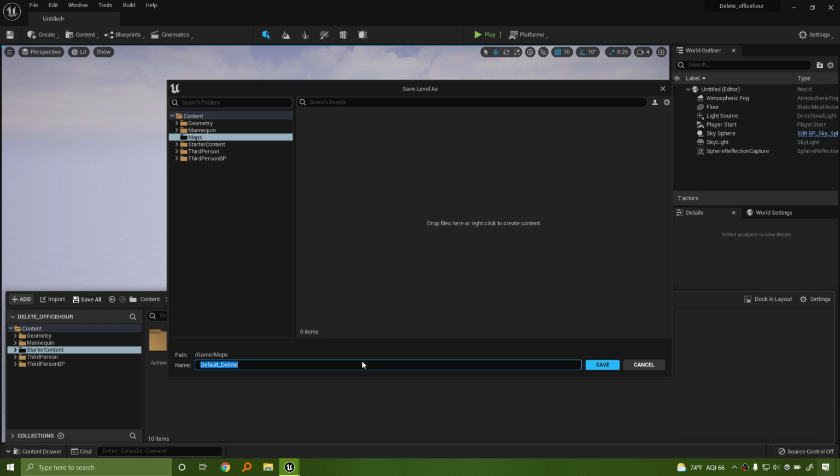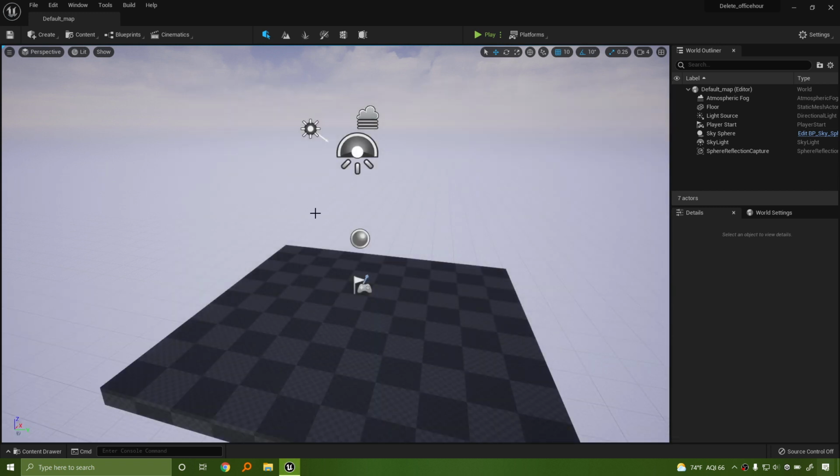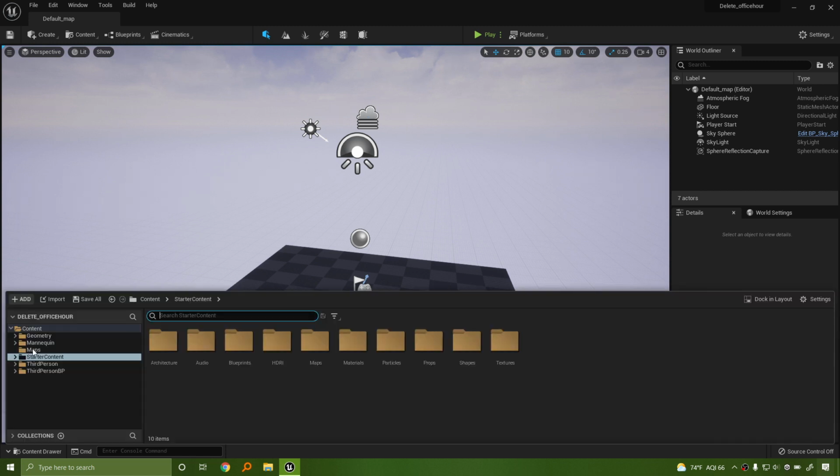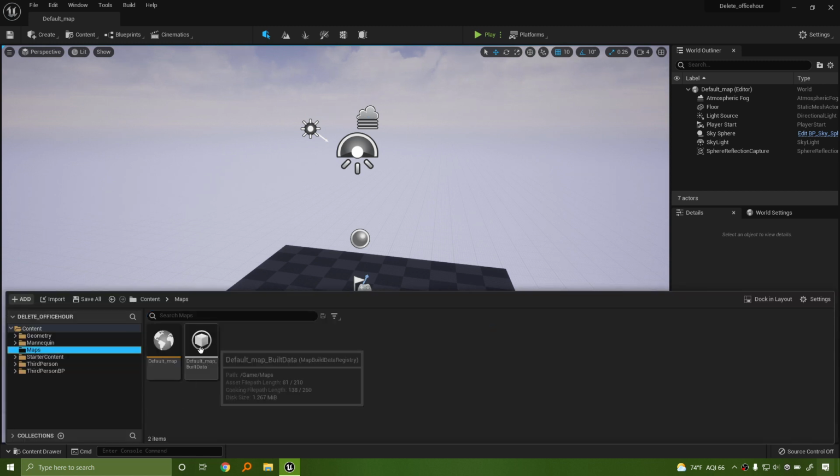Generally speaking, the nomenclature for Unreal Maps is default underscore MAP. That way, you can always find the difference between your maps and any other files that are in your scene. So map files are your actual maps. Saving that, we'll bump up in the content drawer and have a look. We see that we have our default map and the build data for the default map that showcases how the lighting and how this registers in Unreal at the Windows level. So we don't have to worry too much about that anymore. Okay.